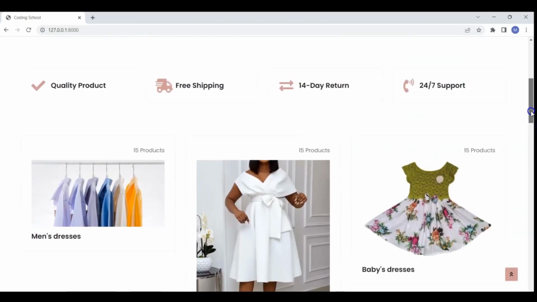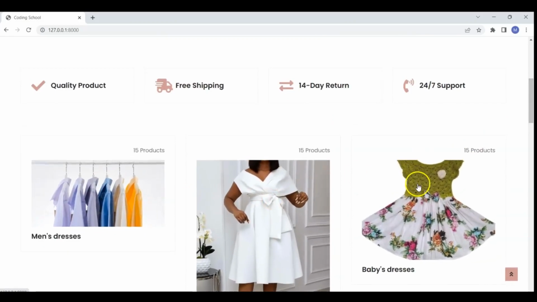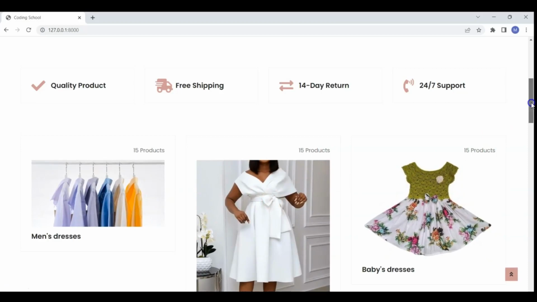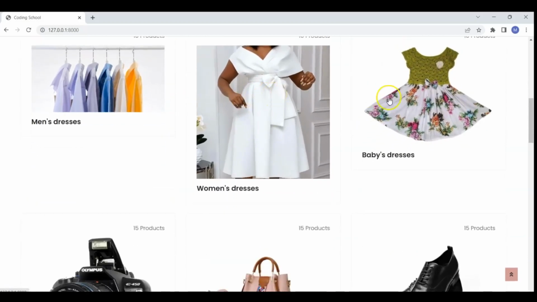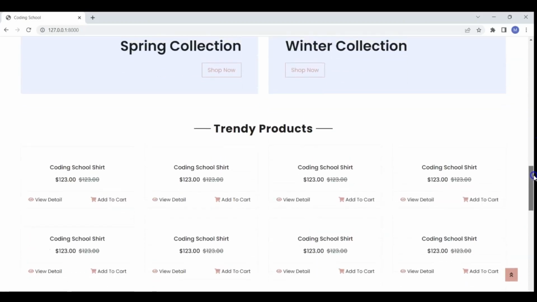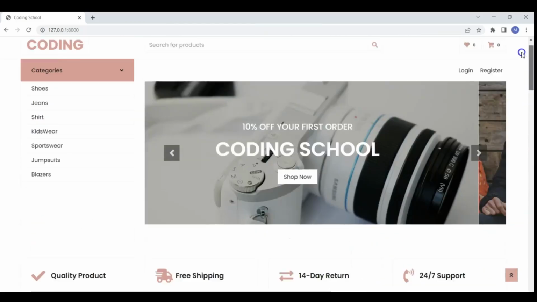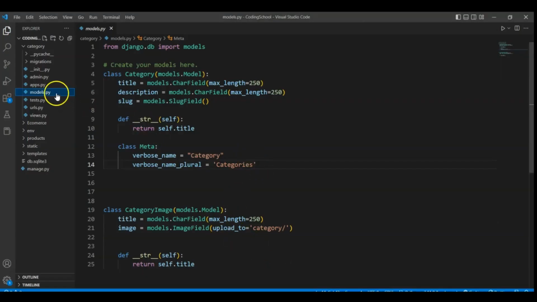Whatever image we set as a category image will be displayed here, and whatever image we set as the featured category image will also be displayed here. To do that, we'll just do a little modification on our category. So in this category,